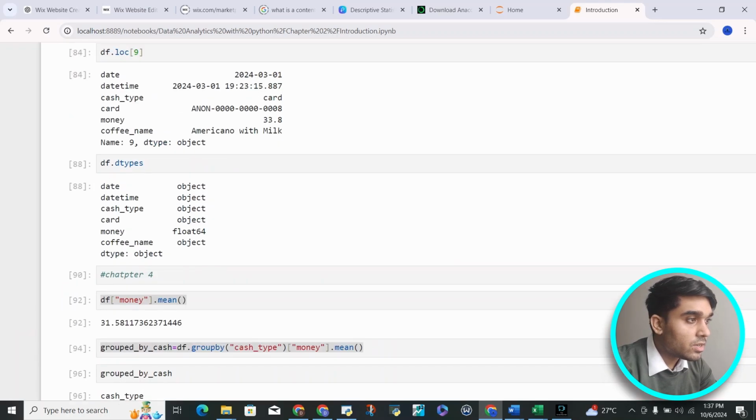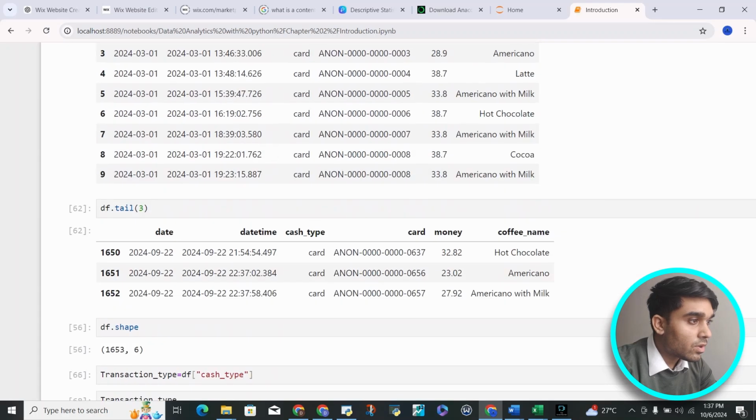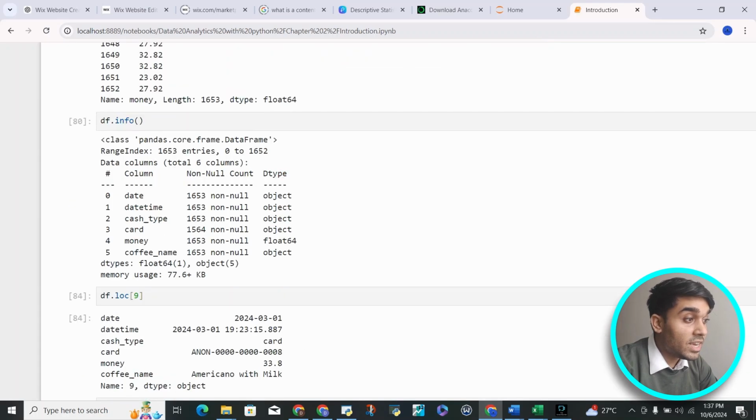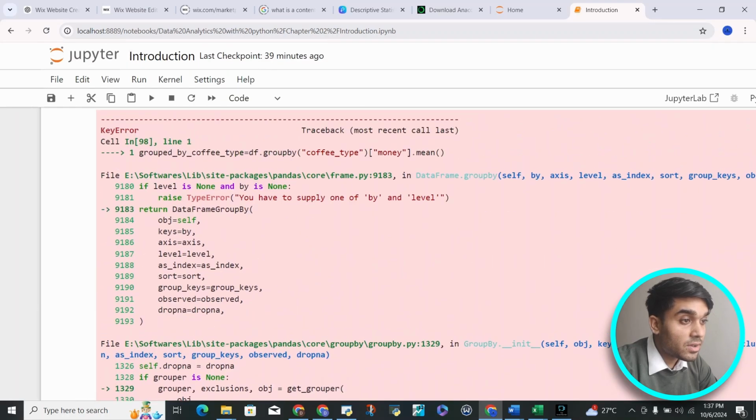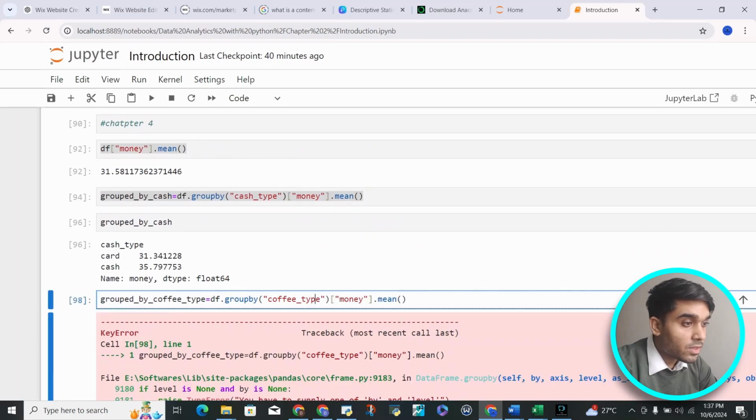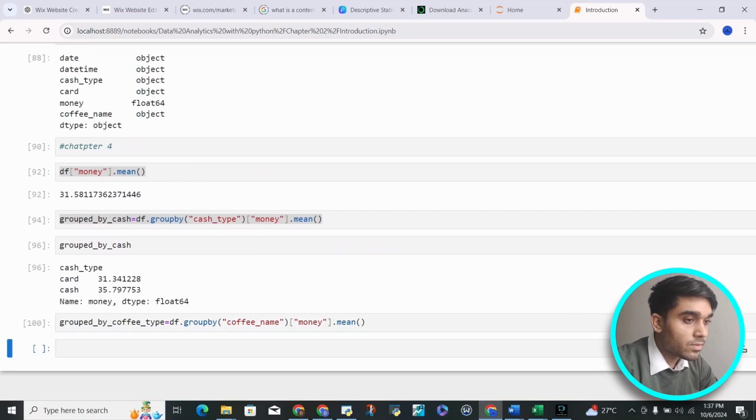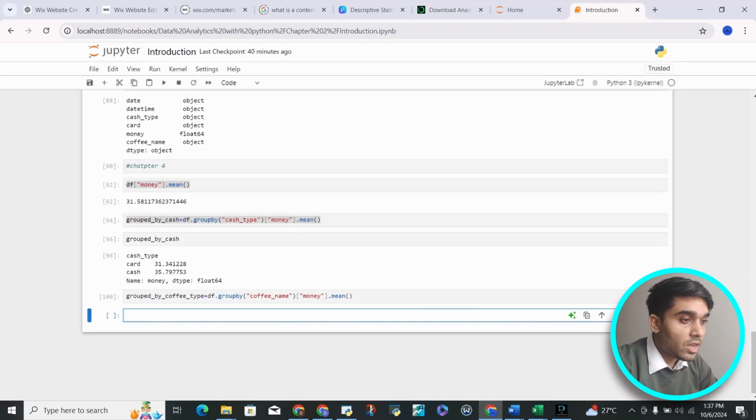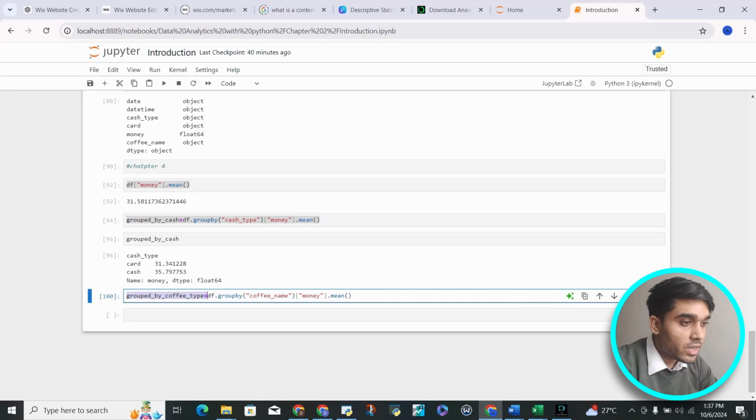There is an error. Coffee, the name is not coffee type, the name is coffee name, so we need to change that. So we need to write coffee name here. Now it's done, and now all we have to do is just get information of this,